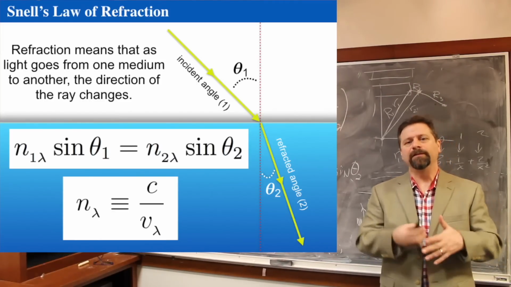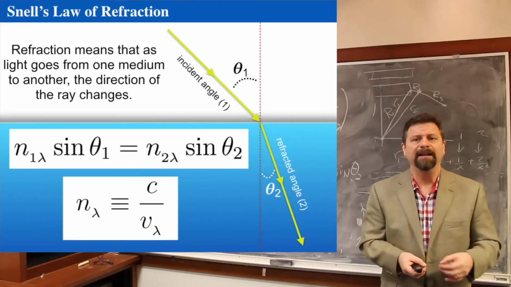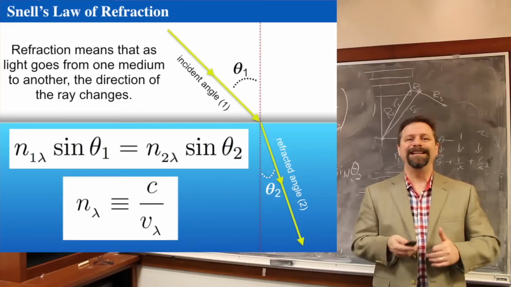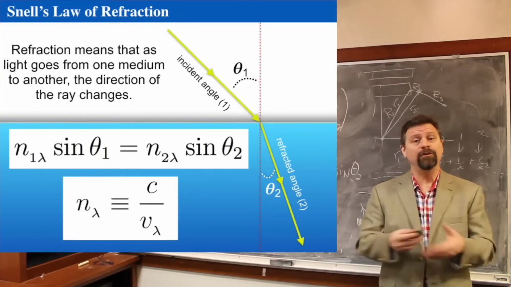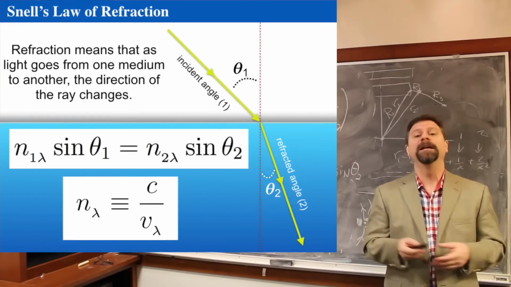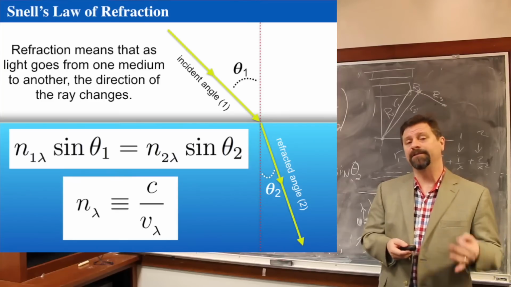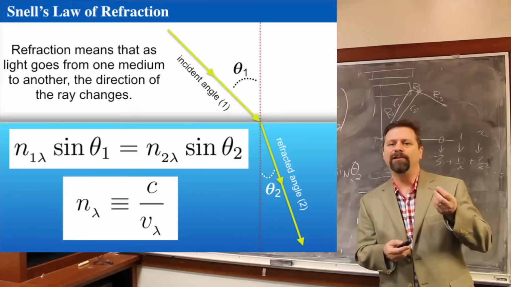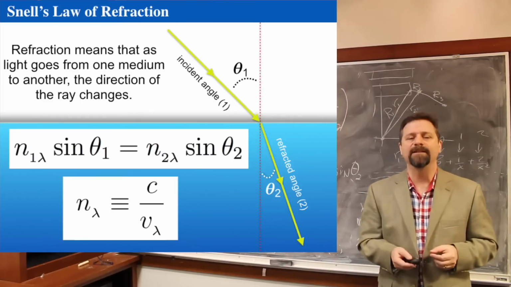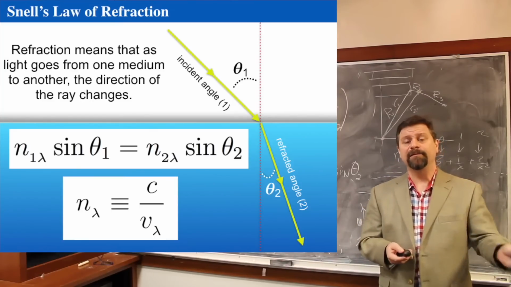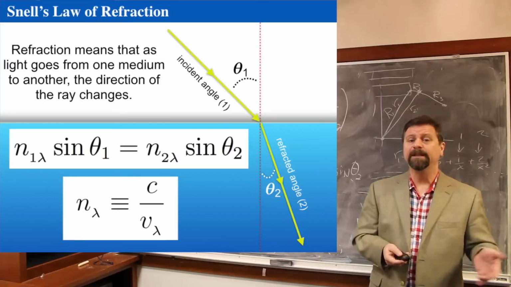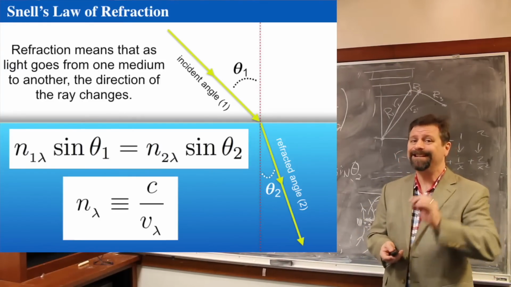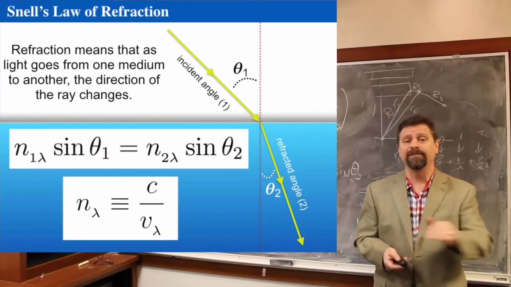So there's an interesting little relationship between them, and I'm just going to describe it because I've got it right here. We have the index of refraction of medium 1, which might be air, and that is wavelength dependent. That's what that lambda means, and it's multiplied by the sine of the angle of incidence, which is theta sub 1. So we take the index of refraction of air, medium 1, which is wavelength dependent, and multiply it by the sine of the angle of incidence with respect to the normal of the surface of, say,